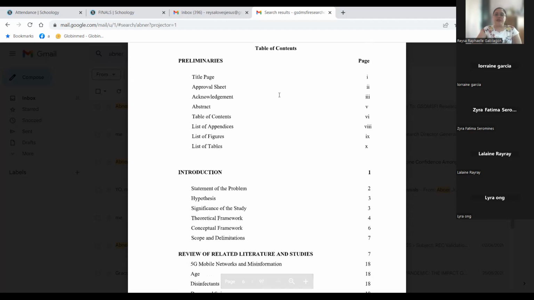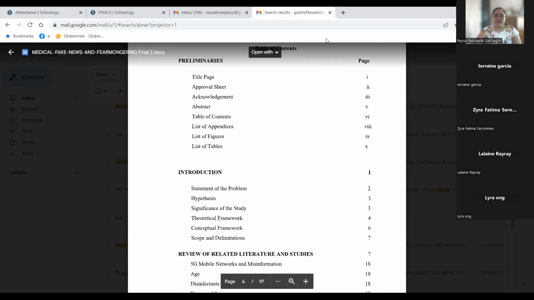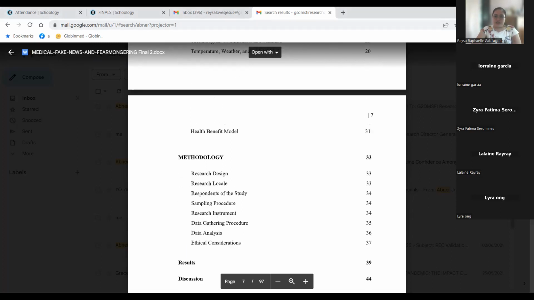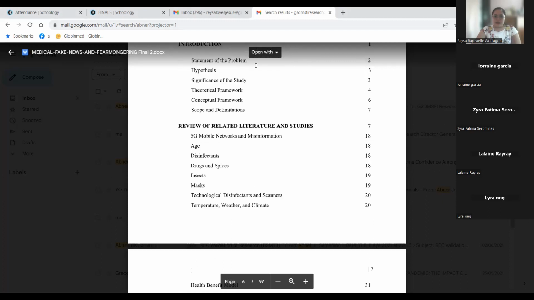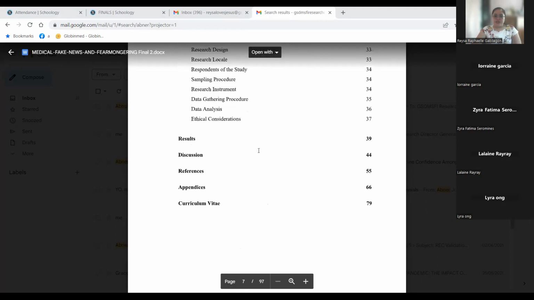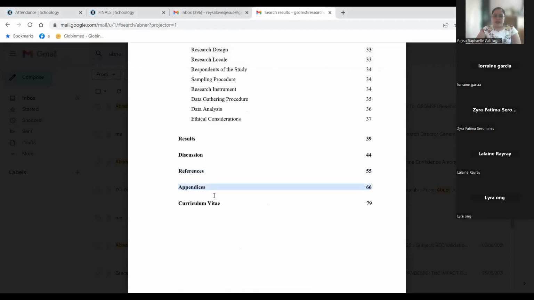But, you have to include table of contents. Okay, but this is not actually the correct format for the table of contents, class. Kasi itong review of related literature, kasama siya dyan after sa scope and delimitation. And then, you don't need na isa-isahin pa yung mga review of related literatures and studies nyo. Kasama siya dyan sa scope and delimitations. And then you have methodology, the results and discussions, wala pa yan, but you will be making the references, the appendices, and even the curriculum vitae.